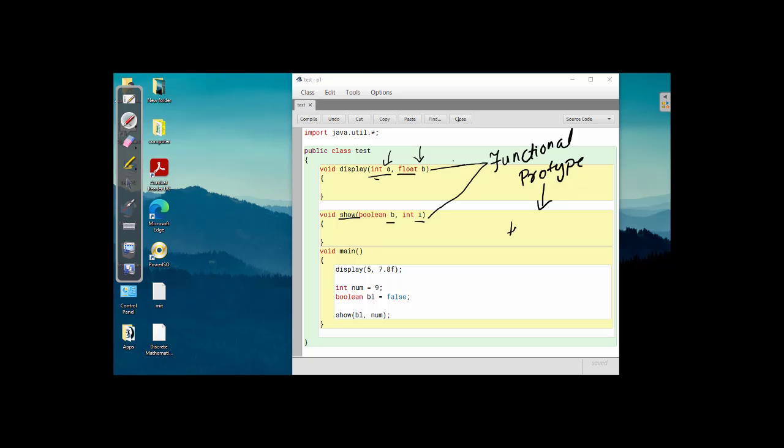So in the case of display, a and b are the formal parameters, and in the case of show function, b and I are the formal parameters. So point number one is that formal parameters always appear in the function prototype line,